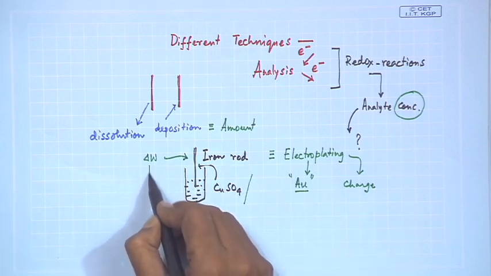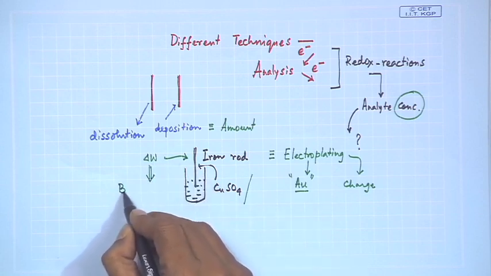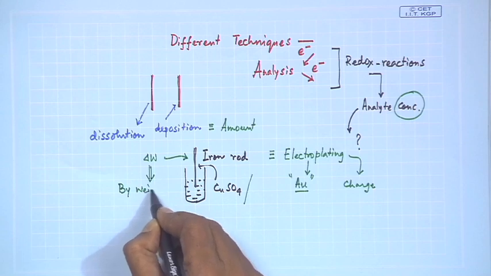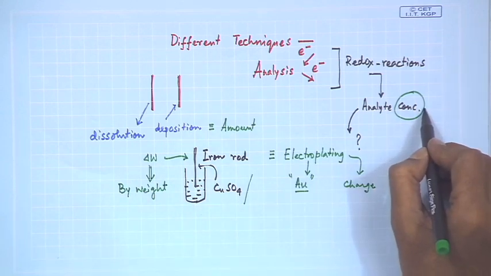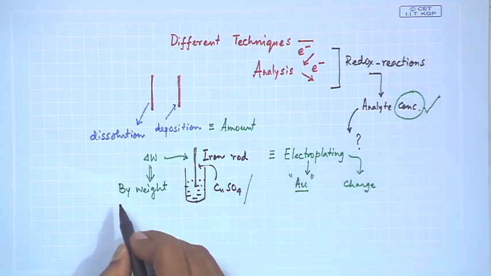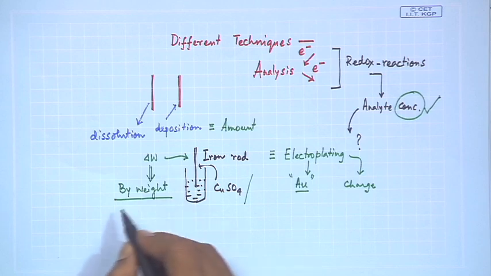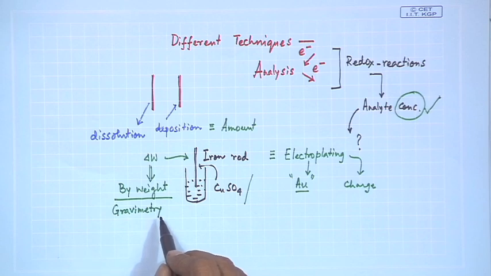So, by weight, what we are looking for is that something we want to measure by weight, or taking the weight difference of the electrode, and we will try to correlate that with your concentration. By weight analysis, we know that is known as gravimetry, the gravimetric analysis,